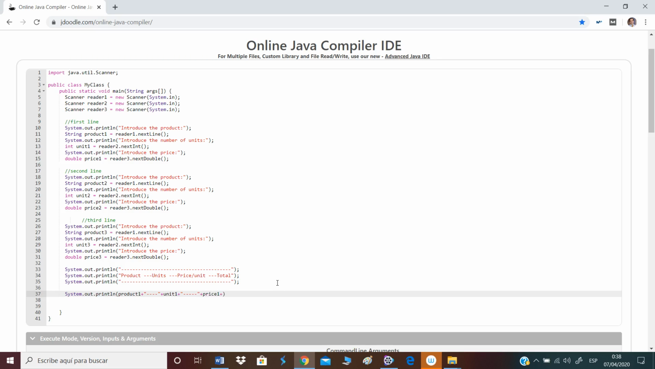1 plus all the separators, and here I have to calculate the total. That of course will be unit 1 multiplied by price 1. Okay,